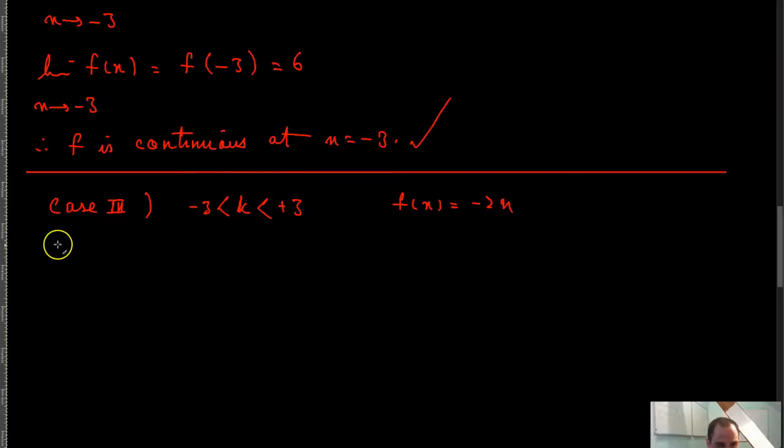So then f of k, if k is some value between -3 and +3, then f of k would be equal to -2k. Also, the limit of